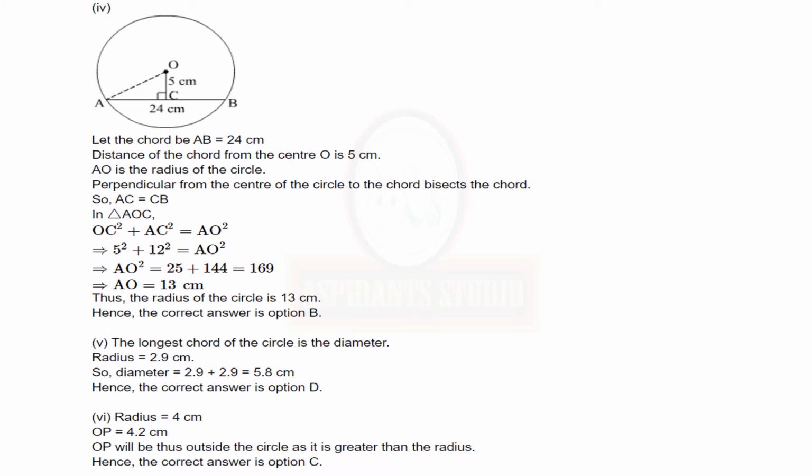Radius of a circle with center O is 4 centimeters. Length of OP is equal to 4 centimeters. Say where point P will lie. If length of OP is equal to 4.2 centimeters, say where point P will lie. Length of OP is greater than radius. Therefore, point P lies in the exterior of the circle.